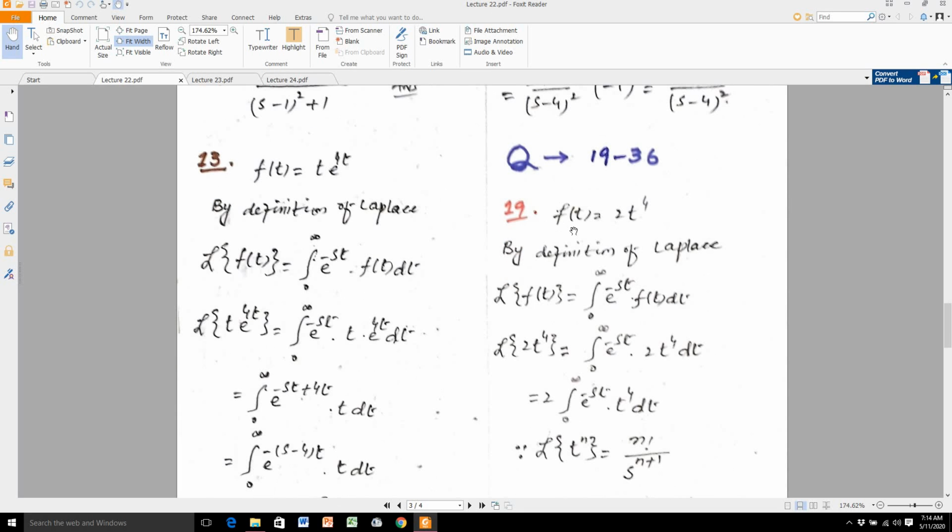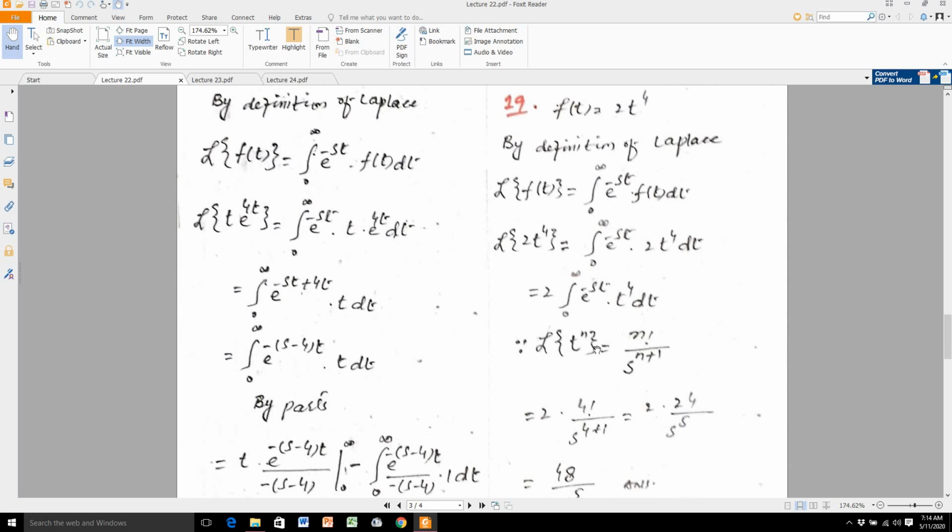Here I take question number 19. The function is f of t equals 2t raised to the power 4. Again, by using the definition of Laplace, which you know very well, I substitute the value of f of t: the integral from 0 to infinity of e raised to the minus st times 2t raised to the power 4. I take this 2 outside because it is a constant, so the remaining is the integral from 0 to infinity of e raised to the power minus st t raised to the power 4 dt. And we know that